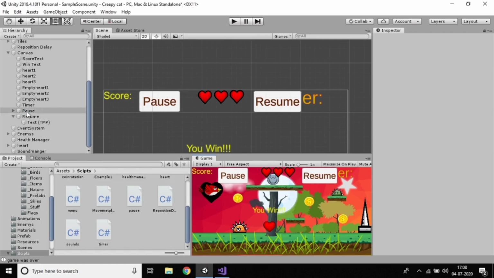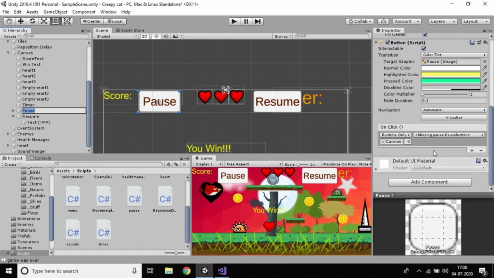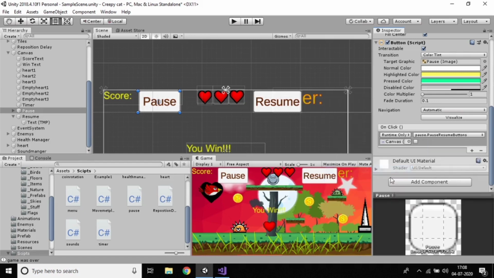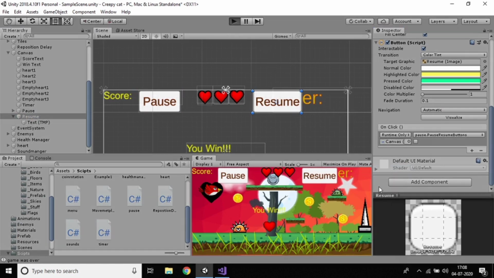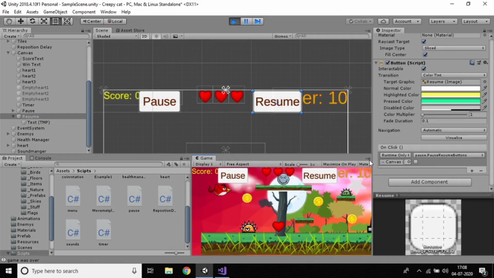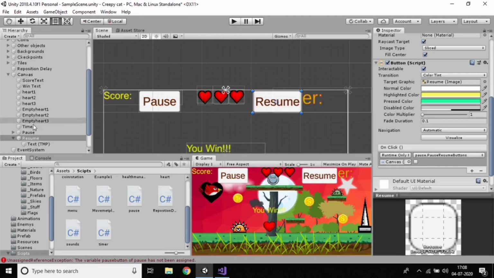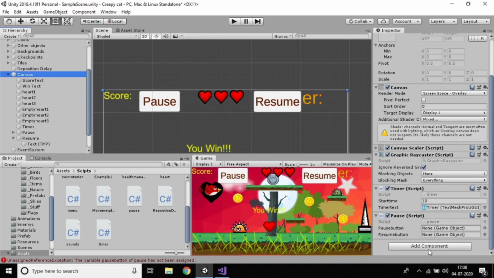So just go here because we need to work with it, right? We're missing the pause button. We added the pause and resume bool, and here you can see we also added the pause and resume bool. Now just play here and we can see how it works. Initially we are seeing this game object, right? Why is it showing? Because we need to drag the buttons. Just go here and drag the pause and resume buttons. Then only it's going to work.